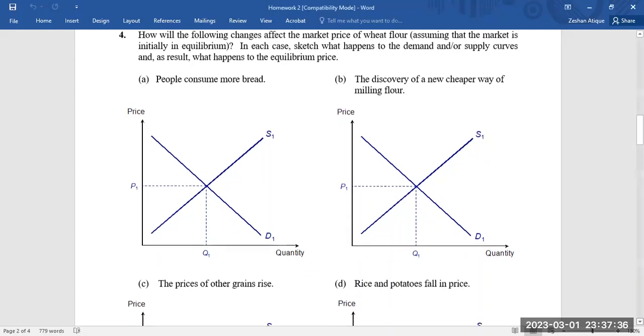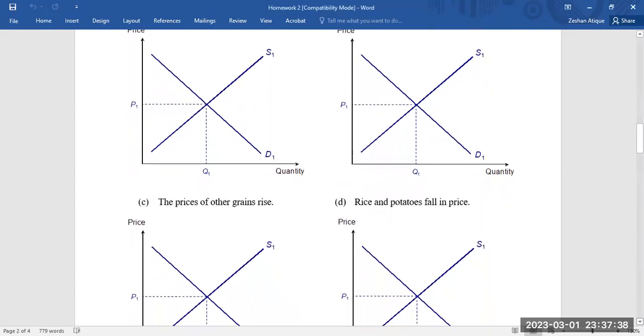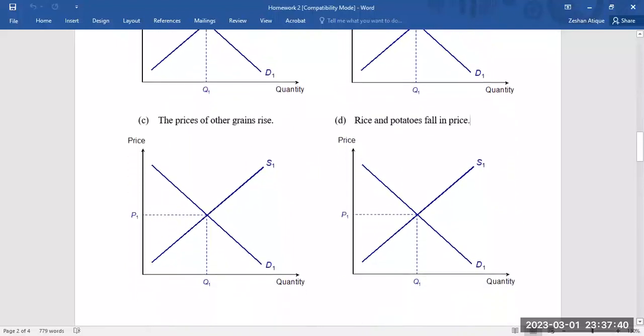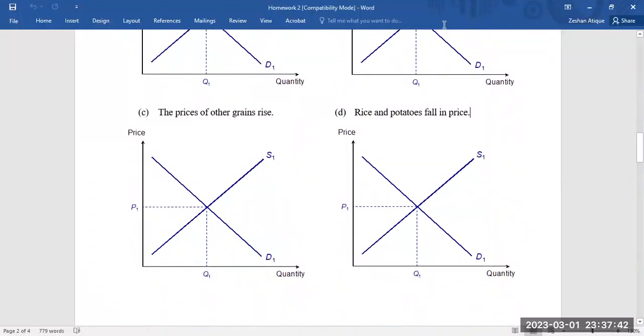Now, if you look at situation C, what is happening here? We consider what happens if other products become more profitable, for example, if the prices of other grains rise. So what happens? The supply of wheat flour decreases. Why does it decrease? Because